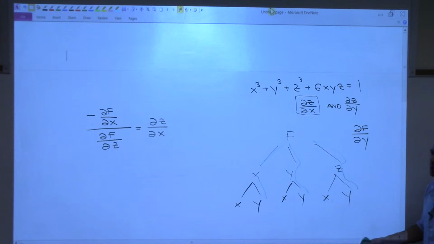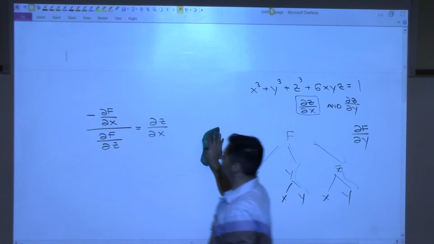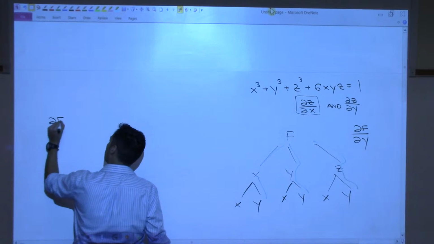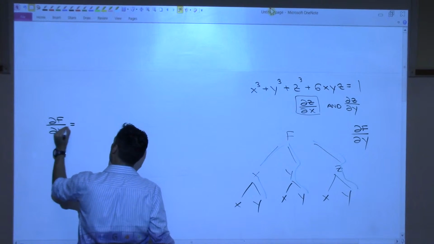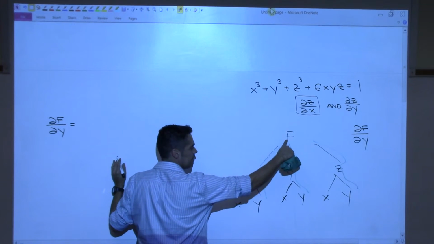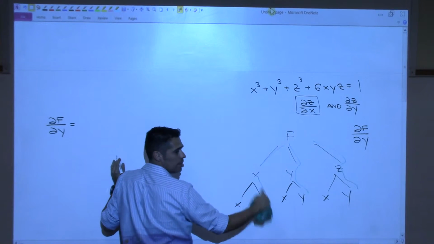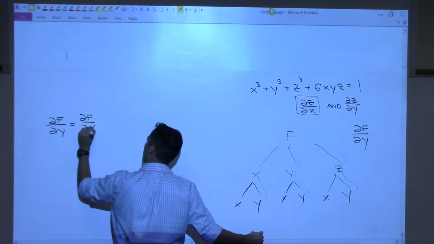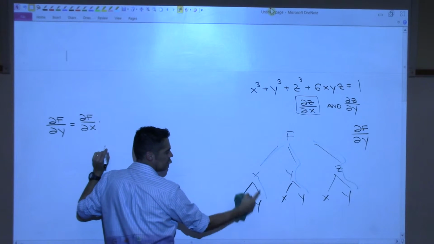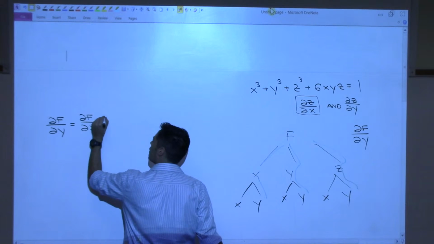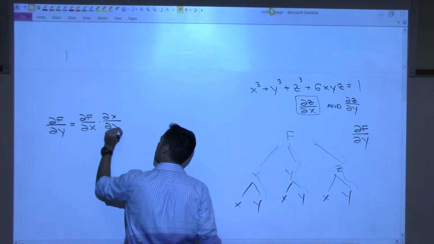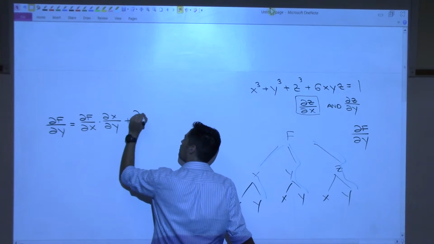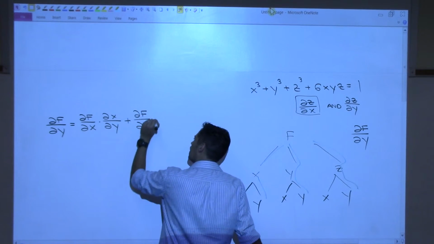Can we write a formula out for this then? Partial f with respect to y equals, so come down this way, partial f with respect to x times partial x with respect to y plus partial f with respect to y times